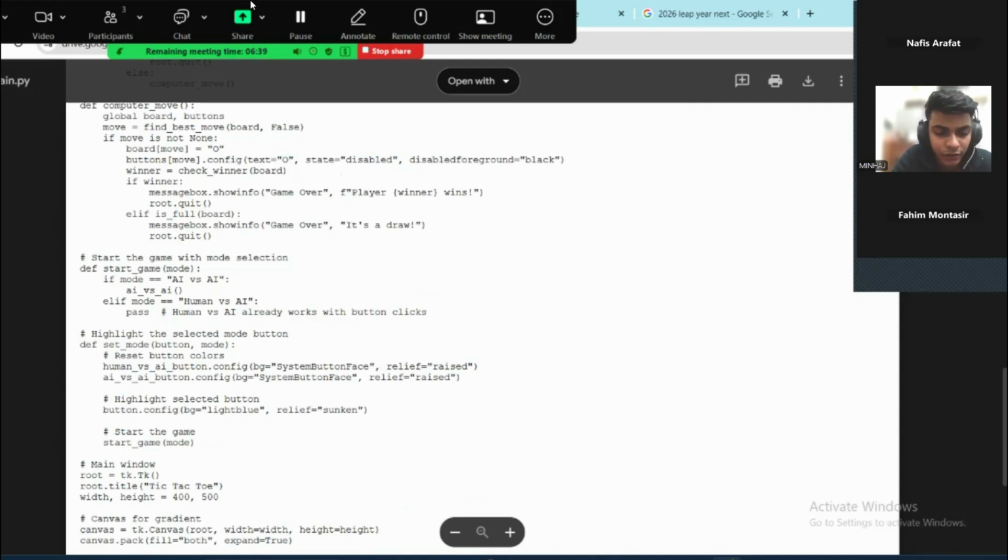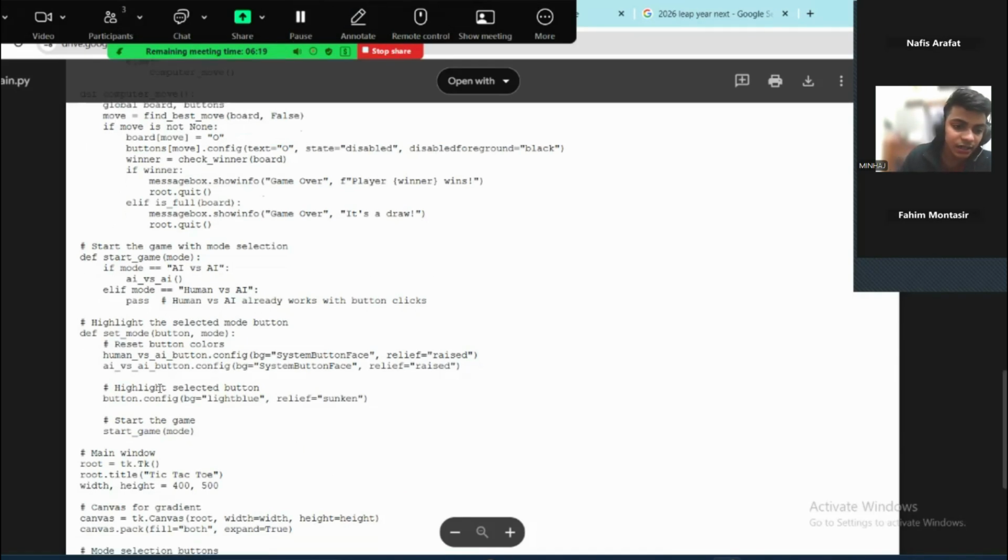The AI versus AI or human versus AI handles the mode selection and starts the game based on the selected mode. Either AI versus AI or human versus AI is invoked. The set mode function updates the button color to highlight the selected mode and starts the game. Then we have initialized